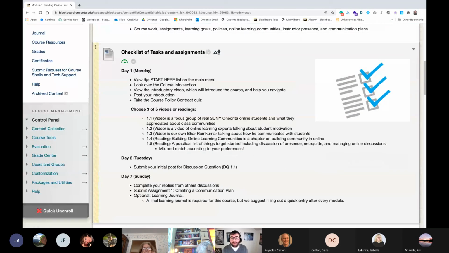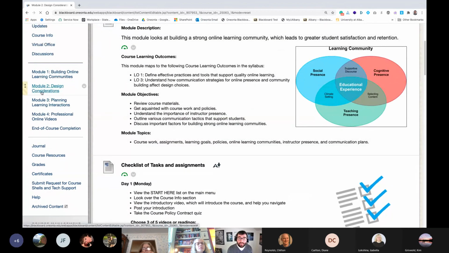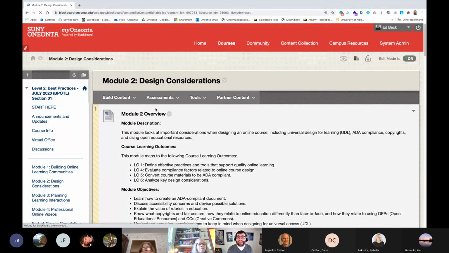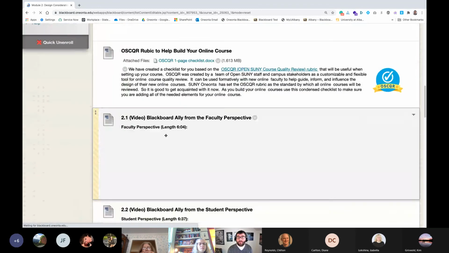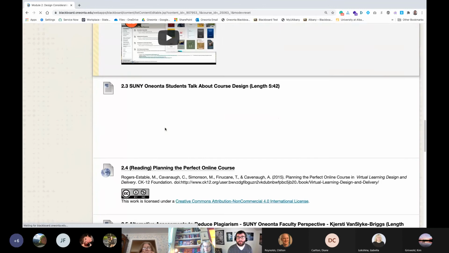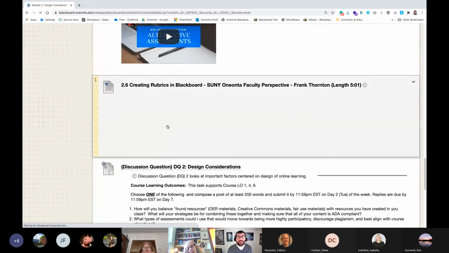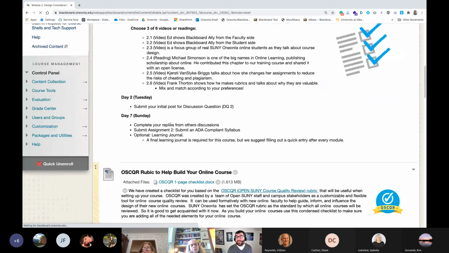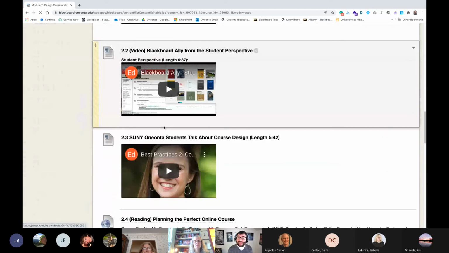One of the things we do is we create a checklist right in here of what things are due and what needs to be done. And so what we've done in here is we've made those individual content areas and made them available to the students so that they can work through each of these top to bottom. Now, you can see in this course, this ends up being a pretty long page,